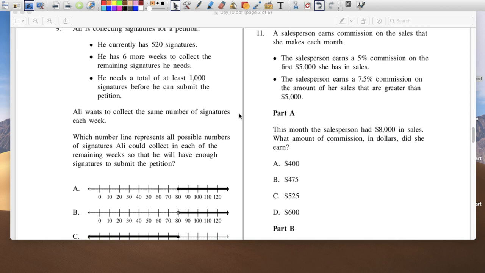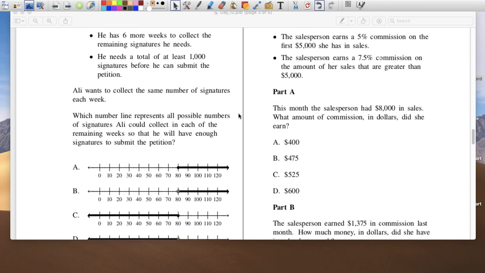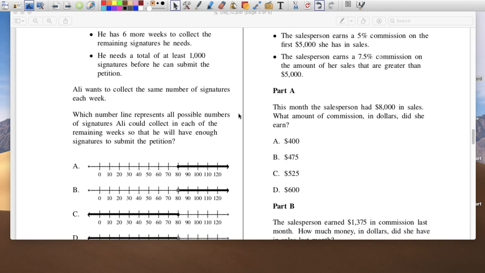11. The salesperson earns commission on the sales that she makes each month. The salesperson earns 5% commission on the first 5,000, and she earns 7.5% commission on the amount of her sales that are greater than 5,000. So this month she had 8,000 in sales. So the first $5,000 that she makes, her rate is going to be 5%. And then the 3,000 after, everything after 5,000, she's going to earn